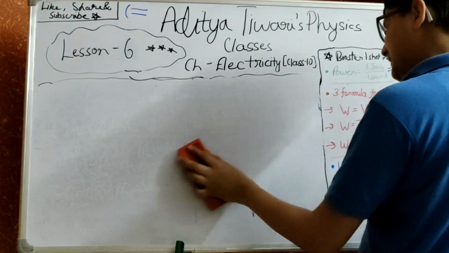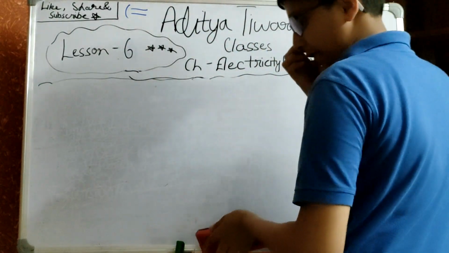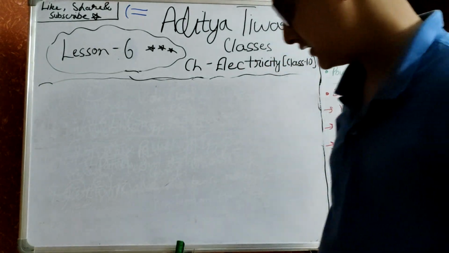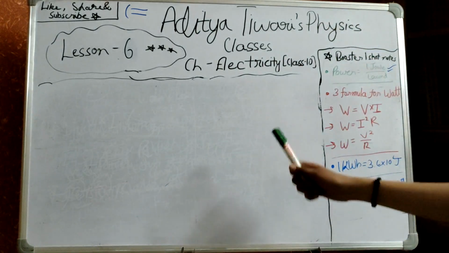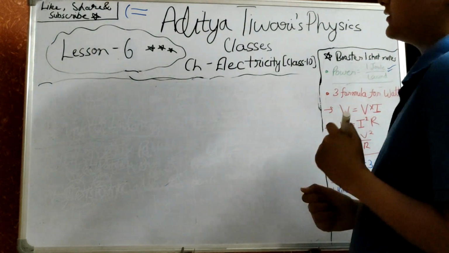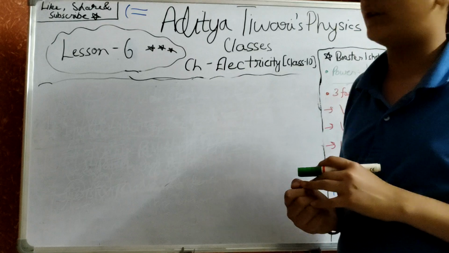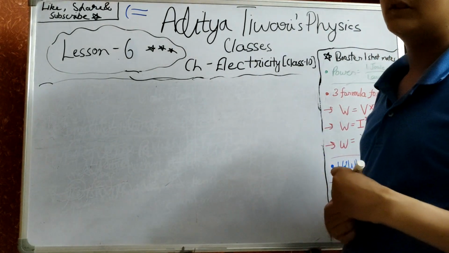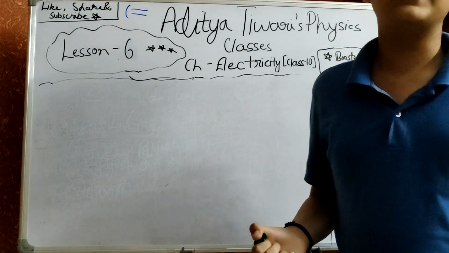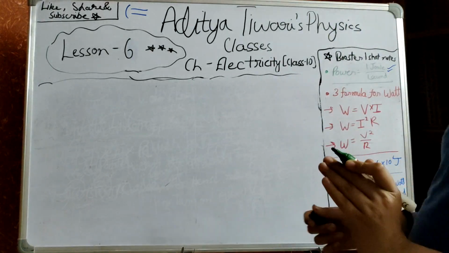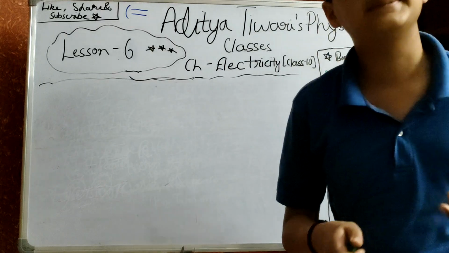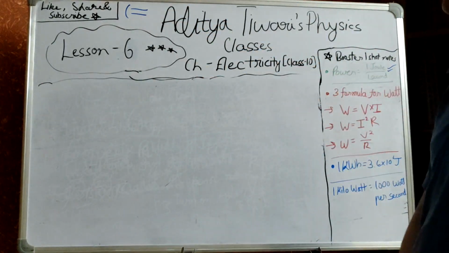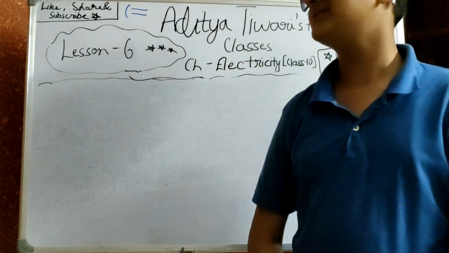So this video is a little big. It can be about 30 minutes. It can cross 30 minutes as well, because we have a lot of questions in this topic, and also it is the base of electric power. So it's a big concept, and then there will be the last concept, which will be the formula for heating, I square times R times T. But I'll explain it to you in the last lesson of the chapter Electricity, class 10, lesson 7.